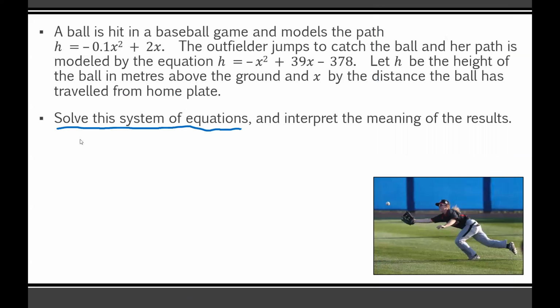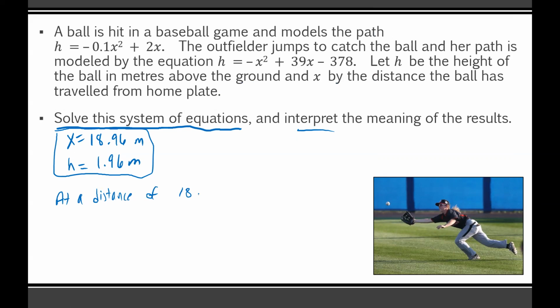So again, we have x. Hold on. There we go. x equals 18.96 meters. And y, or in other words, h in this case, h equals 1.96 meters. So that right there is the solution. That's our intersection point. You could have listed that as a coordinate if you wanted to. However you want to communicate it. But it does say interpret the meaning of the results. Well, x, like we said in the question, is the distance from home plate, and h is the height of the ball. So what this means is at a distance